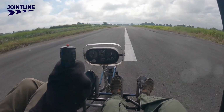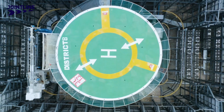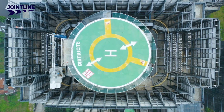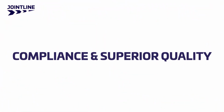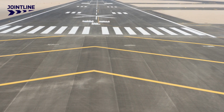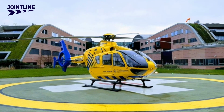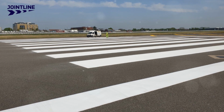airfield infrastructure. Jointline's seasoned team, equipped with cutting-edge technology, applies their expertise to deliver surface markings that strictly adhere to regulations. The distinguishing factor in Jointline service is compliance with stringent regulations and meeting the SRV values as outlined in ICAO Annex 14. This isn't just any line marking material, it's a superior quality blend, coupled with a unique grading